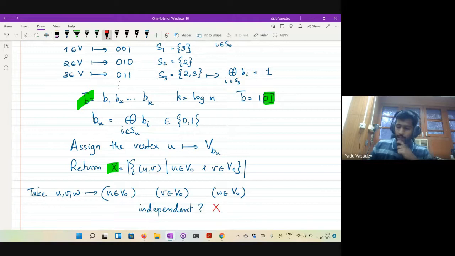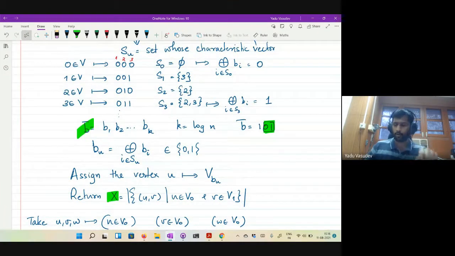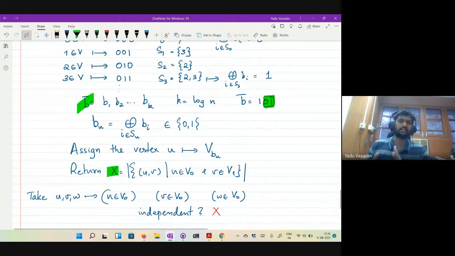So what is going to happen is that these random variables, U being U0, V being V0, and so on, are not independent, but they are pairwise independent. So the expected value of this random variable is exactly the same as before, equal to m over 2, because the same calculation will go through. The analysis only required pairwise independence, and we will show that this is actually pairwise independent. Therefore, the same calculation will go through.